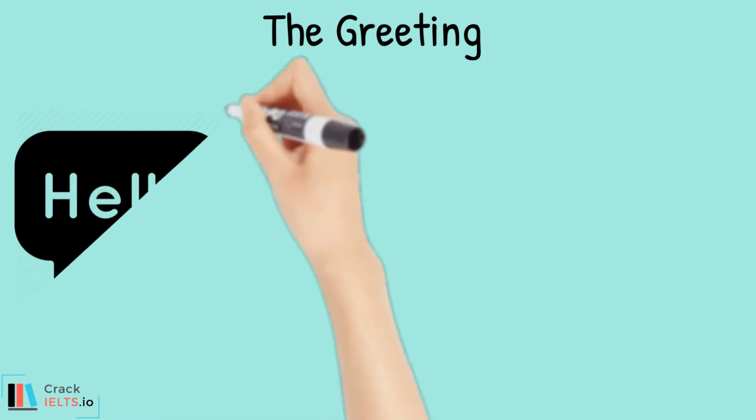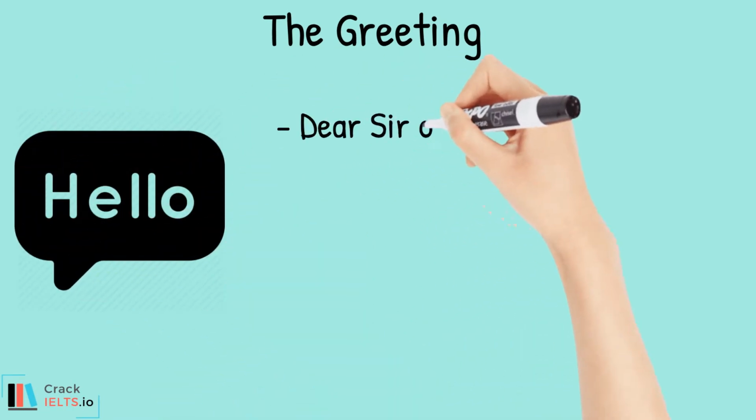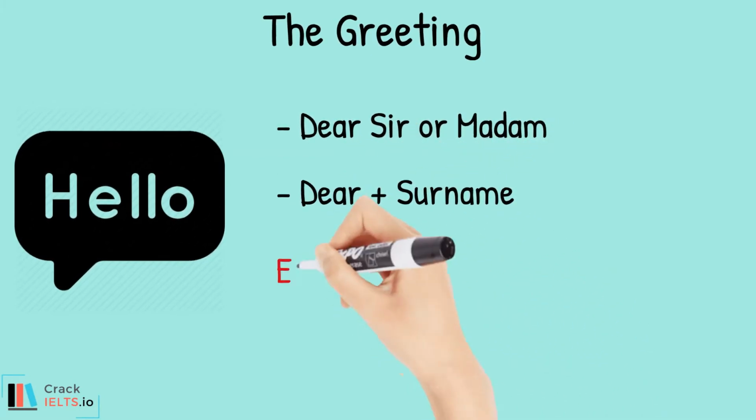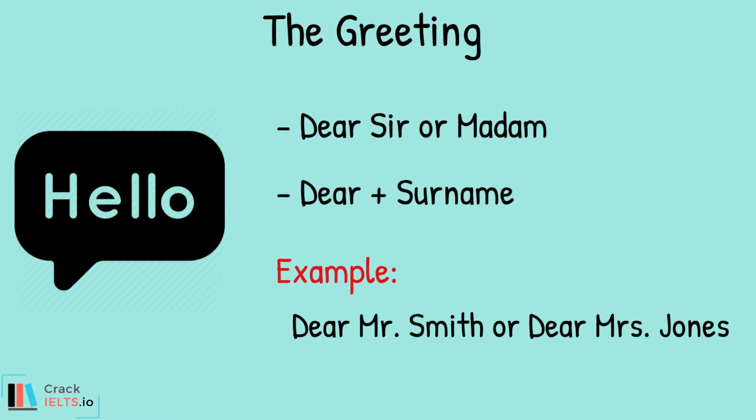There are 2 ways you can begin a formal letter. Use dear sir or madam if you don't know the name of the person you are writing to. Use dear and the surname if you do know their name, example dear Mr. Smith or dear Mrs. Jones. We will assume that we know the name of the teacher and make up a name for them, for example Miss Arlene. If you were writing an informal request letter to a friend, you would use their first name, example dear Ben. The greeting you use will determine how you sign off your letter.